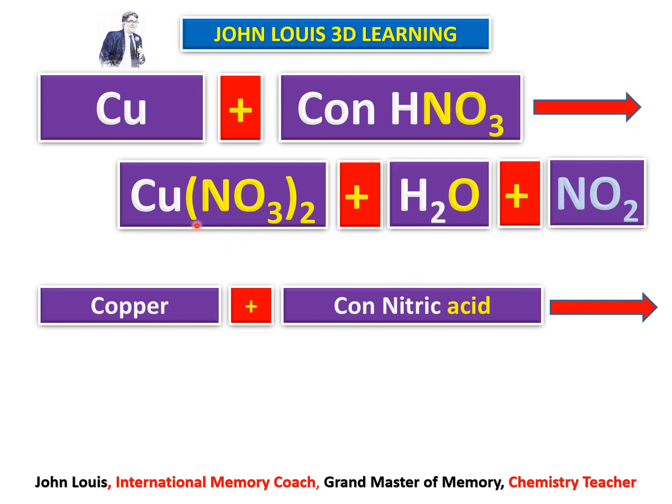Okay, gives Cu(NO3)2. We know Cu is copper, NO3 is nitrate. Therefore it is copper nitrate, but copper has two valencies, 1 and 2. We know nitrate valency is 1. That is why copper is 1, but here there are 2 NO3. Therefore the valency of copper should have been 2. When copper valency is 2, it is known as copper 2 nitrate or cupric nitrate, because the lower valency is 1 and the higher valency is 2. When we take the higher valency, it should end with IC. Therefore it is cupric nitrate or copper 2 nitrate.